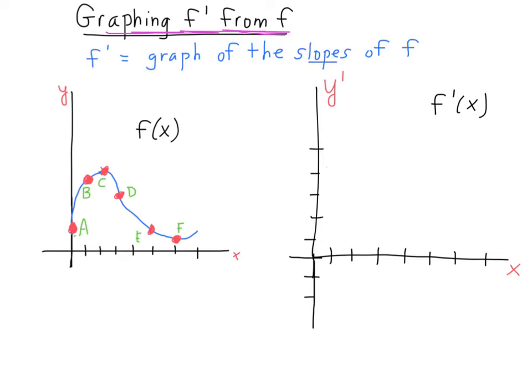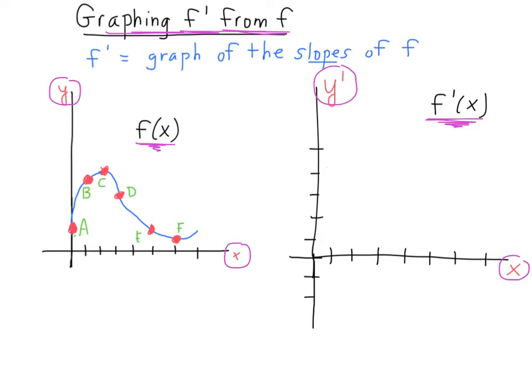So take a moment and sketch the graph here that we have for f of x, and I've identified 6 key points which we've labeled A, B, C, D, E, and F. What we want to do here is take a look at this f of x graph, and then produce a graph for the derivative. Now notice how I have my x and my y labeled, and then over here I have an x and a y prime. It's a good way of thinking about the derivative graph. Instead of just labeling y up here, we're going to label y prime